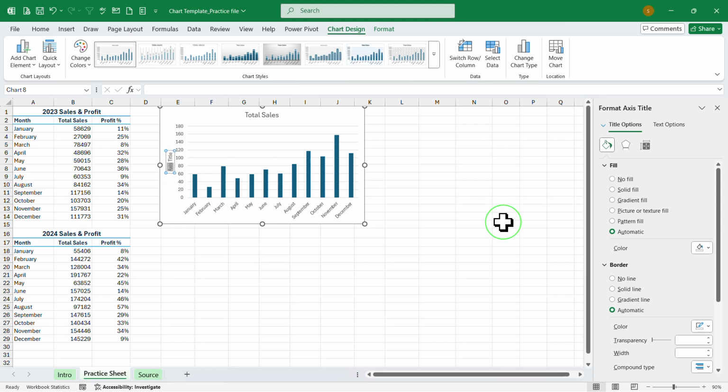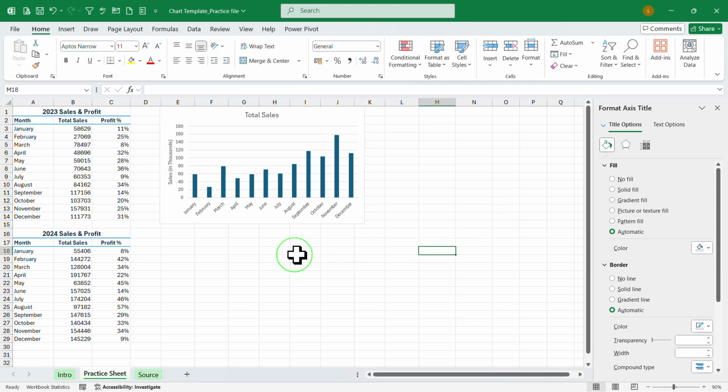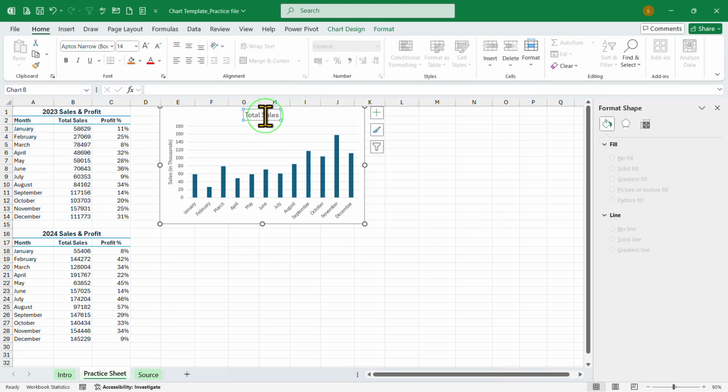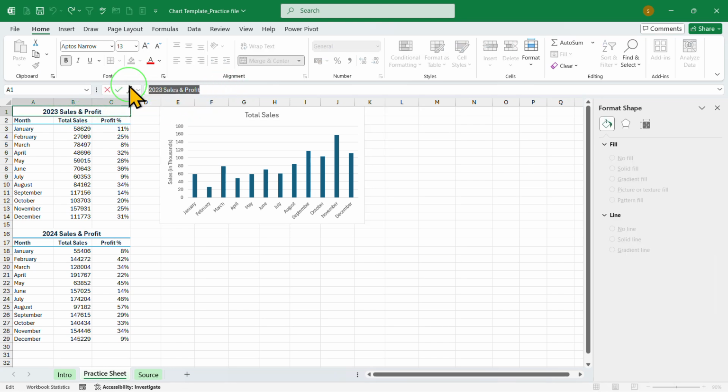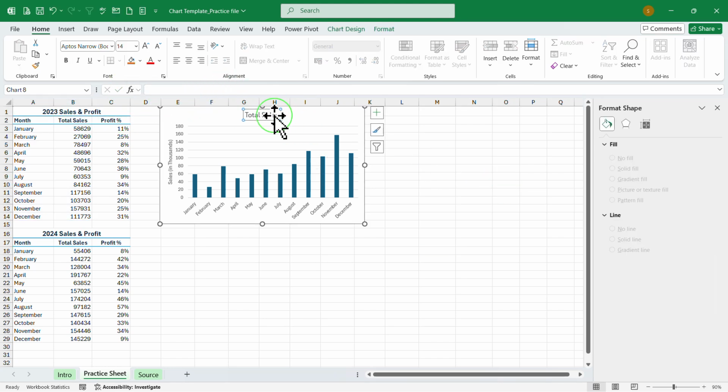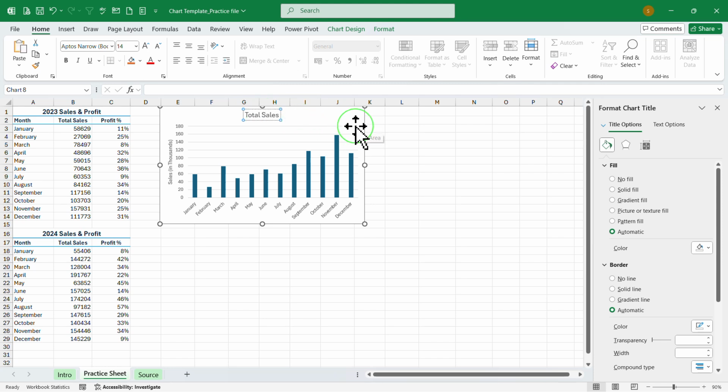So I will select it and I will write sales in thousands, bracket close. So this is how I want it. And the title also, the title I want same as the title of my table. So I'll copy this title from the table title and select the title of the chart and paste the title